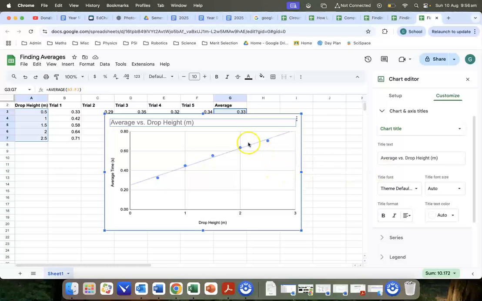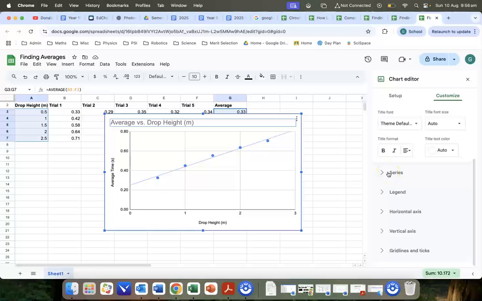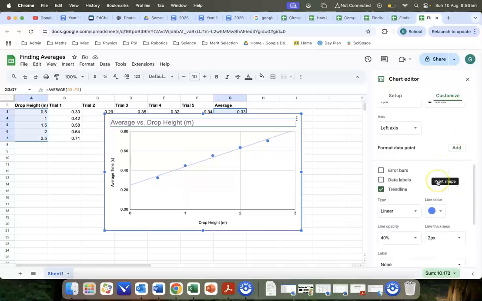So we put our points in and then we add a trend line that kind of runs through the middle of those points. We're not joining the points together, because if we did that, then we wouldn't be able to see the effects of errors. So anyway, we've got our trend line. The straight line looks like a pretty good fit, but if we think about it, there's probably a better one we could do, because